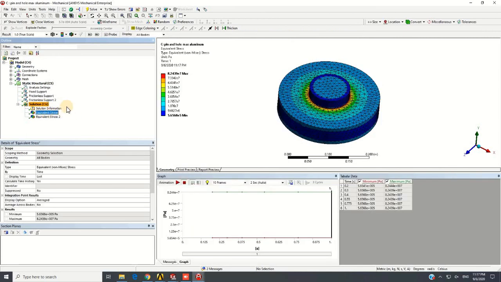We have the same boundary conditions, the same contact parameters, and here, for example, in case of maximum interference, for the aluminum model we have 82 megapascals,